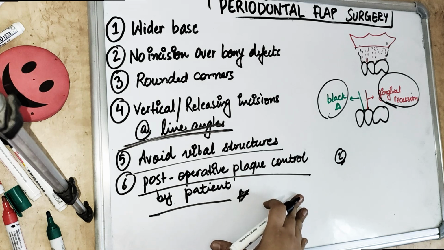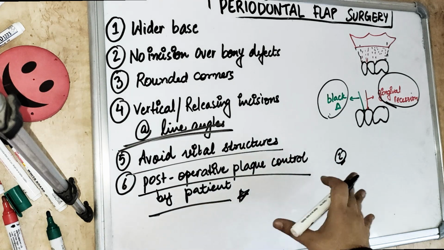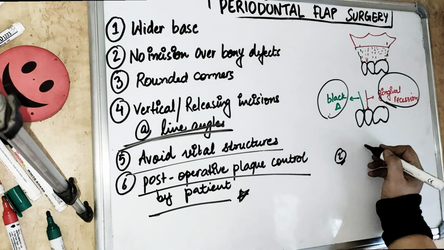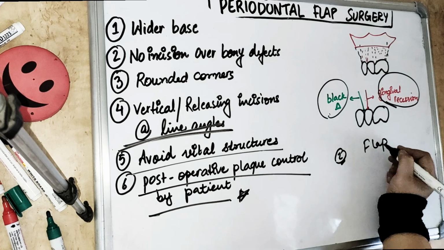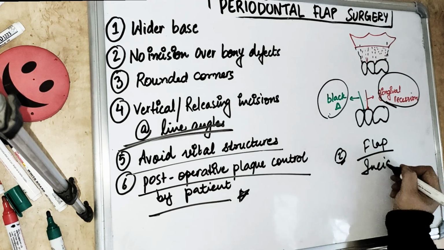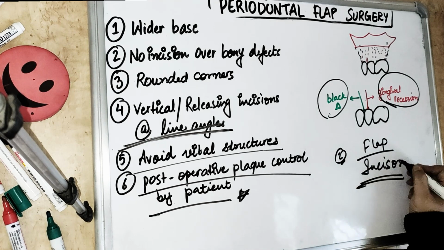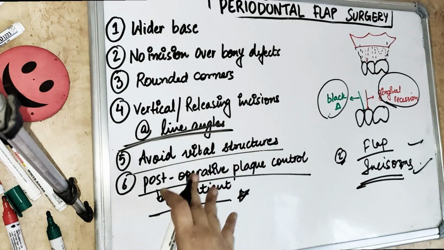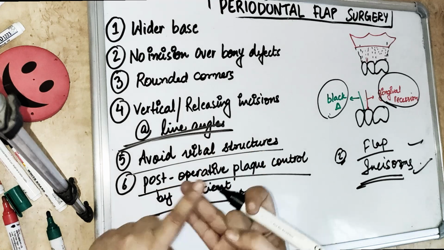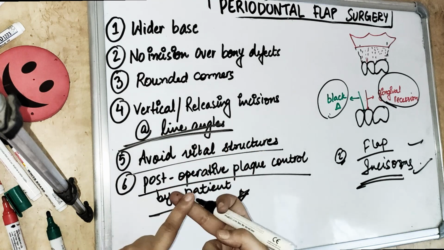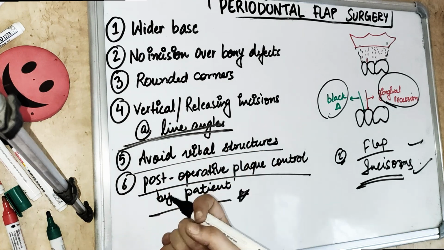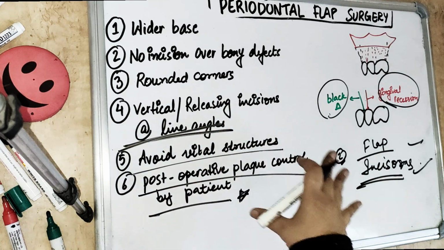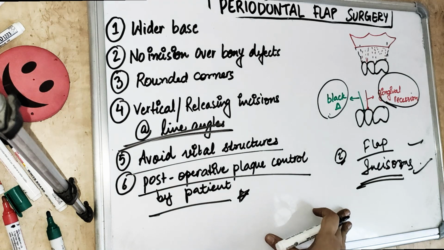So today's video is about periodontal flap surgery, and in the next part of the video we are going to cover the surgical procedures, all of the flaps and all of the incisions. So incisions and the flap we are going to cover. In today's video we have covered the classification, the role of periodontal flap surgery, what periodontal flap surgery is, what the design of a periodontal flap should be, and the full thickness and partial thickness flaps, like that, flaps in general.